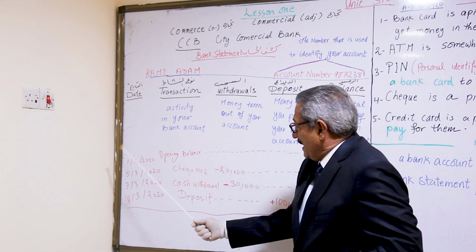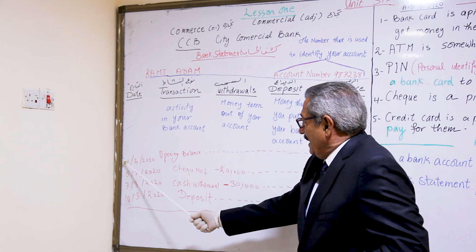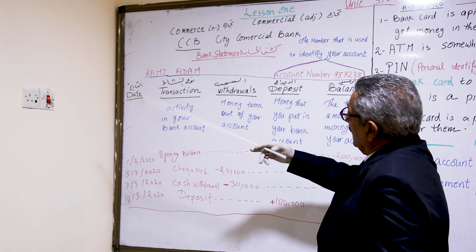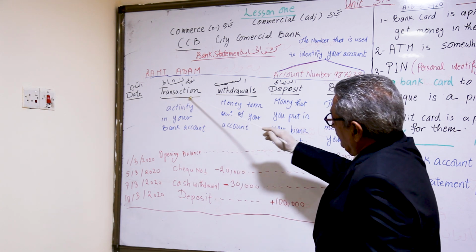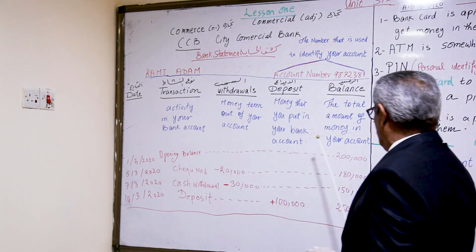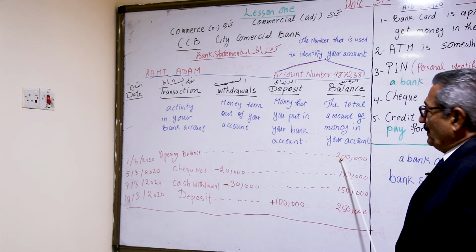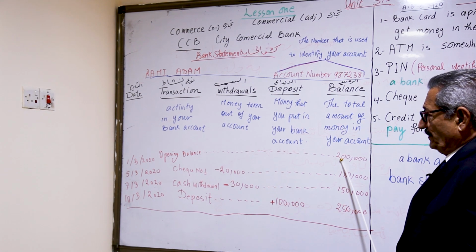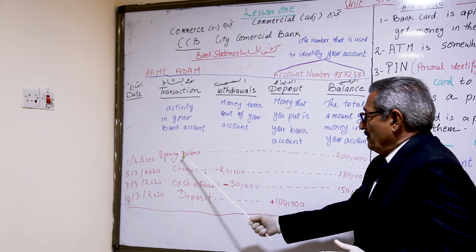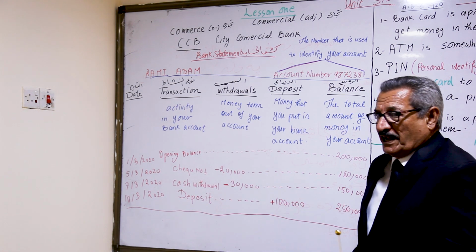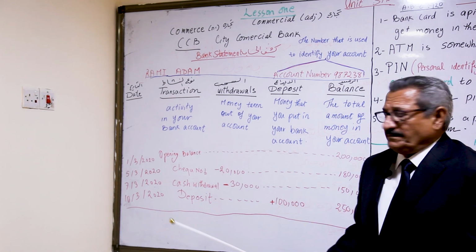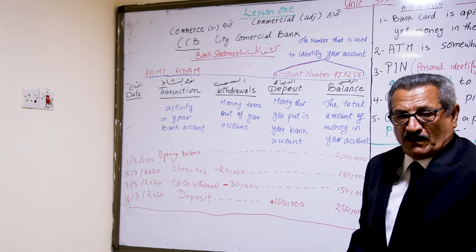The date, for example, in the 1st of March 2020, the activity is opening a balance with amount of money 200,000 Iraqi dinars. Of course, when you open a balance in any bank, you are given a checkbook، دفتر شيكات، so as you are able to spend your money by means of checks.